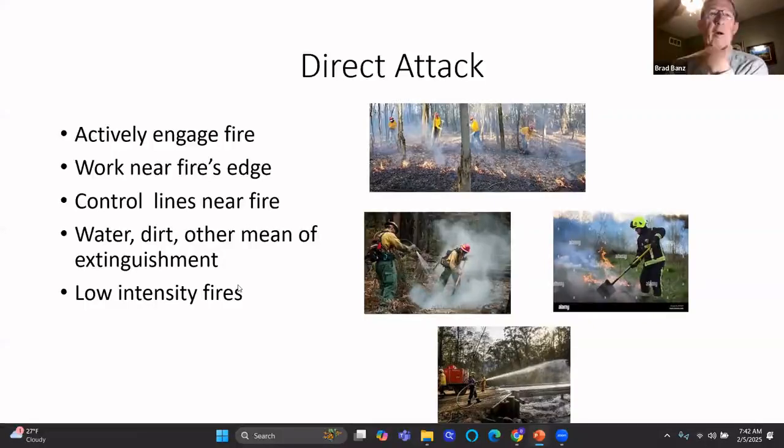Okay. Most of the time, if we're going to be doing direct attack, these are going to be more of the low intensity fires. And what I mean by low intensity fires, either like flank fires or fires with lower flame heights. Okay, ones that aren't running. When you start getting the ones that are running,